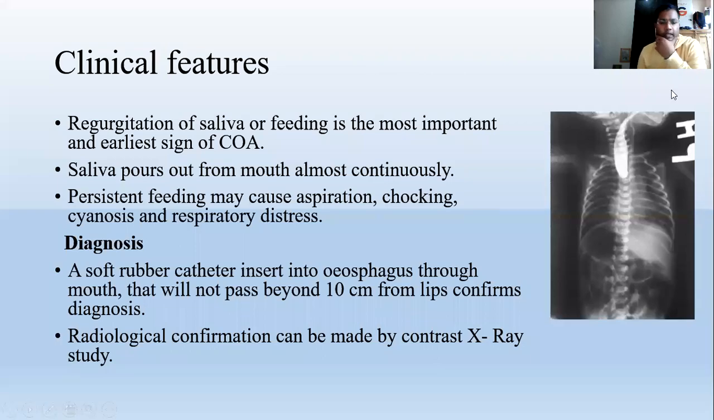Sure. So the clinical features include continuous regurgitation of the saliva and the feeding material, the milk or anything which you try to feed that baby, the baby will vomit or regurgitate. Saliva continuously pours from the mouth, and persistent feeding may cause aspiration, choking, cyanosis. That causes respiratory distress, because aspiration happens because the esophagus is not able to do the work which it should